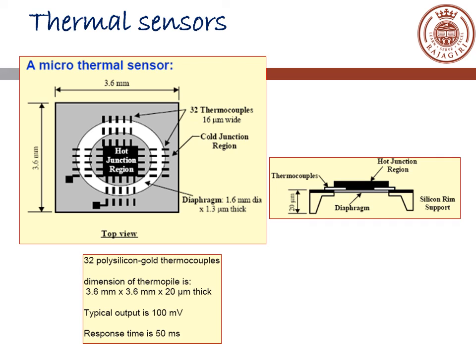So this is all about the thermal sensors. So in this part we have started with the sensors. We have started with the good properties of a sensor, and after that we have seen the acoustic wave sensor. We have seen the optical sensors, different kinds of optical sensors, and the thermal sensors. In the coming sessions we will learn more about other kinds of sensors and actuators, and the packaging of the sensors and actuators.